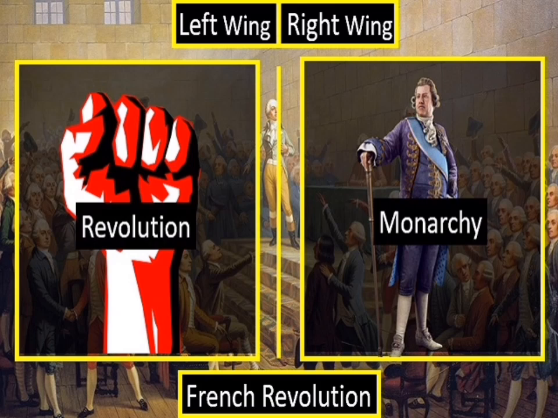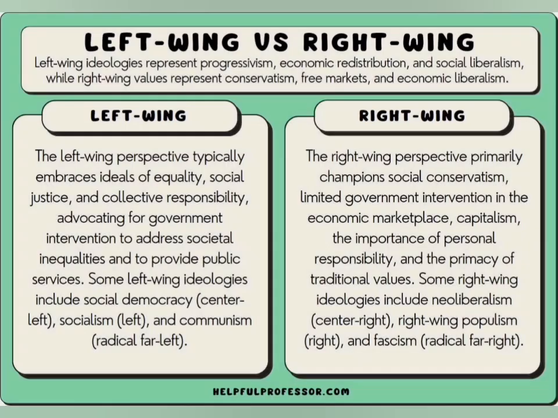The left and right in political ideology represent contrasting worldviews and approaches to governance, economics, and social issues. While this categorization can be a useful tool, it's essential to remember that it's a simplification of complex political ideas and should not be seen as an absolute or universally applicable framework. Moreover, the interpretation of what constitutes left and right can vary across different regions and time periods. In this narration, we will delve into the historical origins, key principles, and notable examples of the left and right